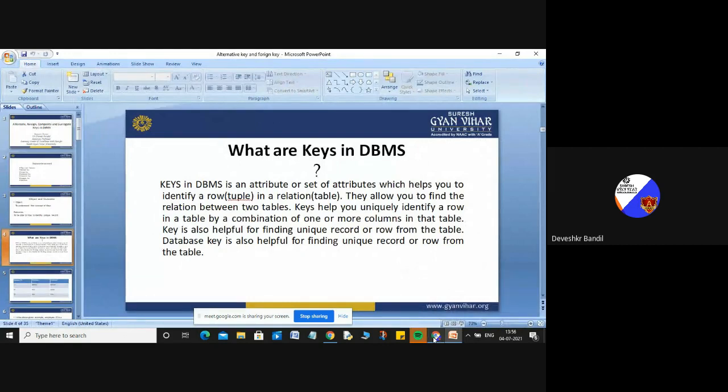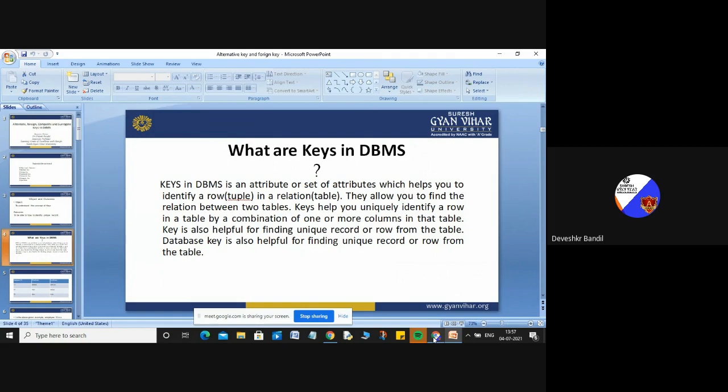Means through a key you can take one key to identify a unique record, a unique tuple. Also you can take more than one key to identify a unique record, a unique tuple.